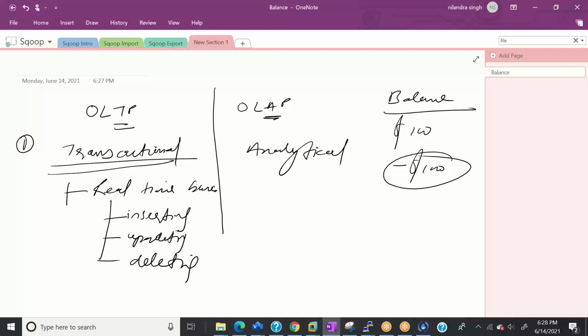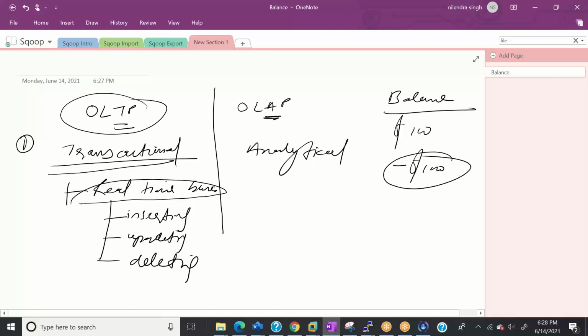But let's say I want to analyze the transaction amount, the transaction type, which ATM you went to, which city you went to, what kind of customer you are. If I want to do this kind of analytics on each customer, can we do it on an OLTP system? No. There are reasons why we cannot. These systems are only made for real-time ingestion, updation, or deletion. If we use them to run analytics queries, then these three operations might become slow and the end customer might be impacted.